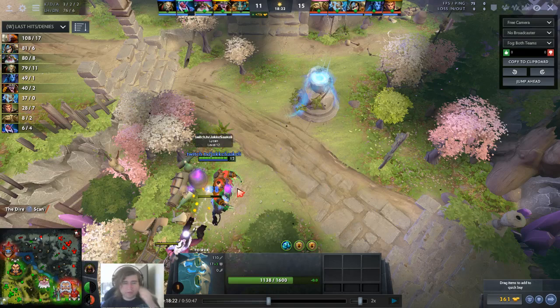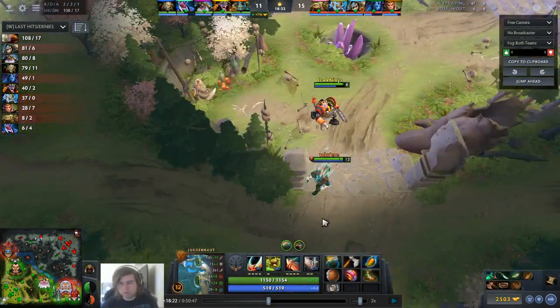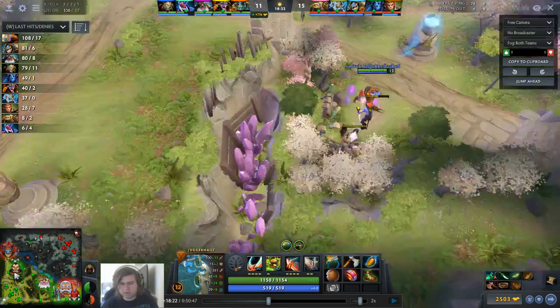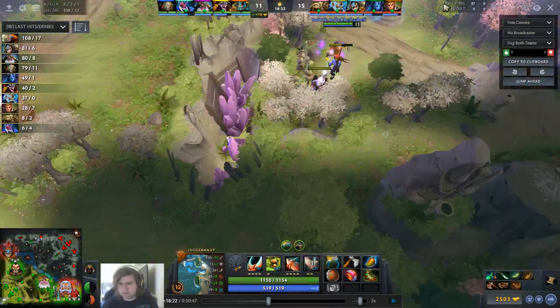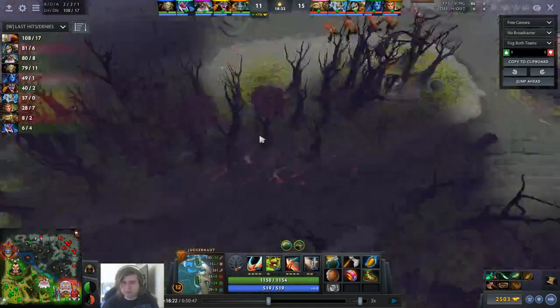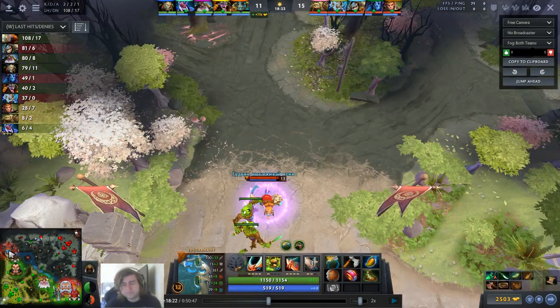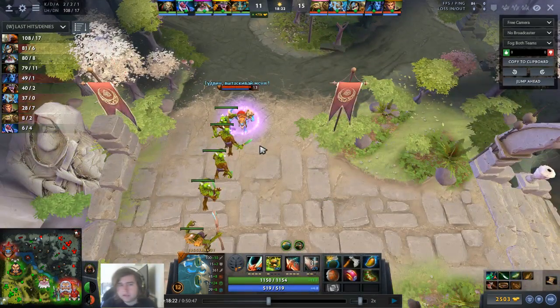So Lycan ends up coming up here and occupying this position. But I want to argue that you're the one who wants to do it, because this is the best farm on the map right here. Just pushing this in and taking these camps. Yeah,